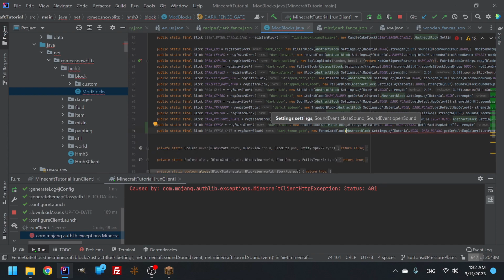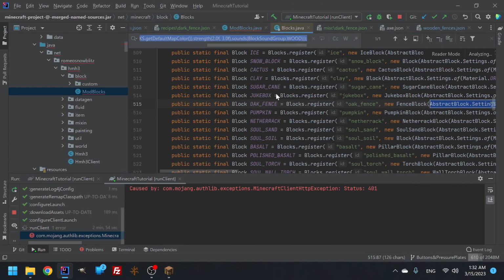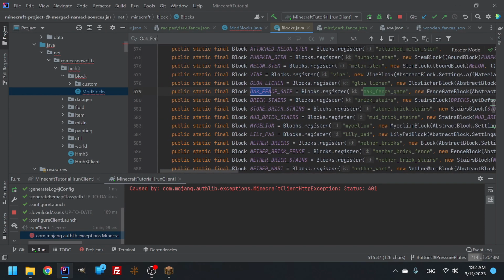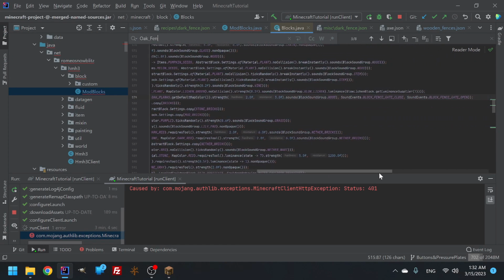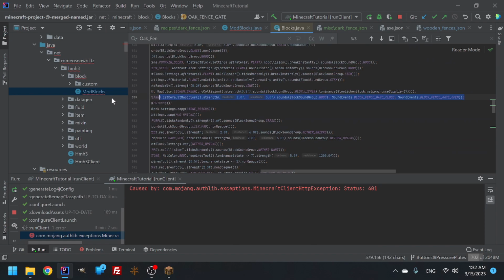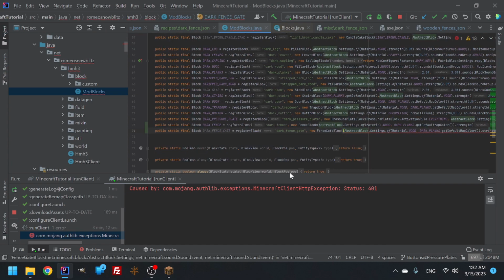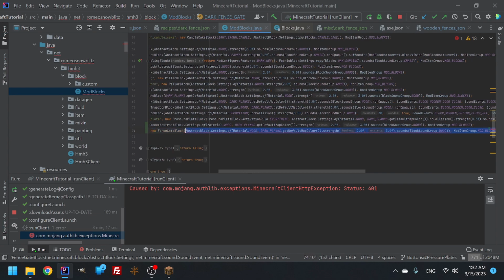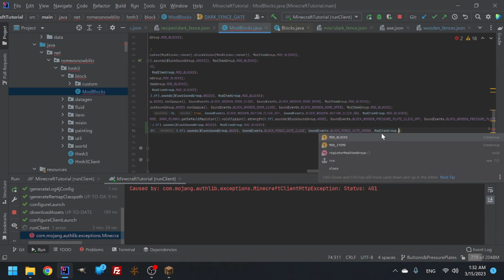So let's go in and let's look up our blocks, and then we can simply look up our fence, and then oak, and then fence gate is here. So now we have all this, and we can just copy all the way down to abstract, Control C, and then we can do the same thing we did here. We're going to go all the way across until we hit the abstract, and then we are going to Control V, paste. Before we, let's get to the second and last one, let's do comma, mod item group dot mod